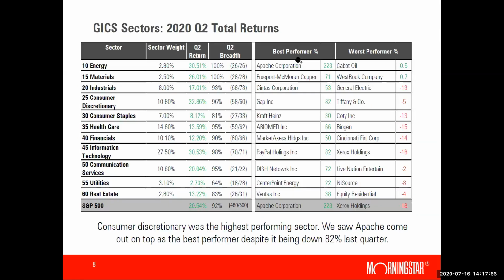Here we're going to be looking at the Q2 total returns. You can see energy was up 30.51%. That's something that we don't see very often. Actually, I believe it was in April, oil traded negative for the first time, and then it rallied. So some energy names did quite well on there, and it had perfect 100% breadth. Materials was up 26.01%, with gold making an 8-year high. Information technology continuing to do its thing, up